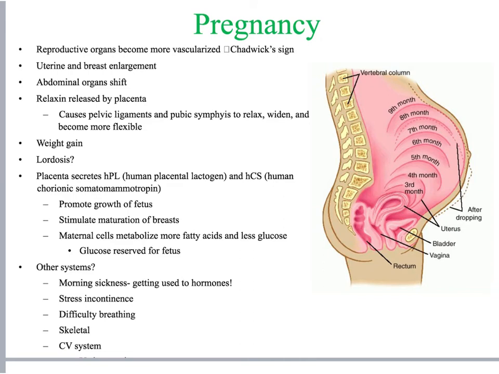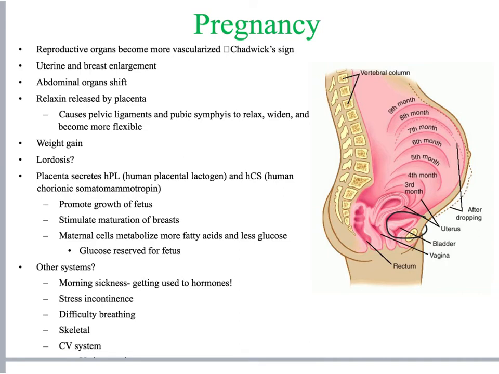The abdominal organs obviously have to shift. If you take a look at this picture here, you can see how unbelievably the uterus expands with every consecutive month. So organs definitely have to shift, with the stomach being pressed up against the diaphragm and the uterus eventually sitting and weighing on the bladder. This can create a lot of discomfort. Women have a hard time eating very large meals. Often they have a lot of pressure on their bladder and they have to urinate a lot, or they get